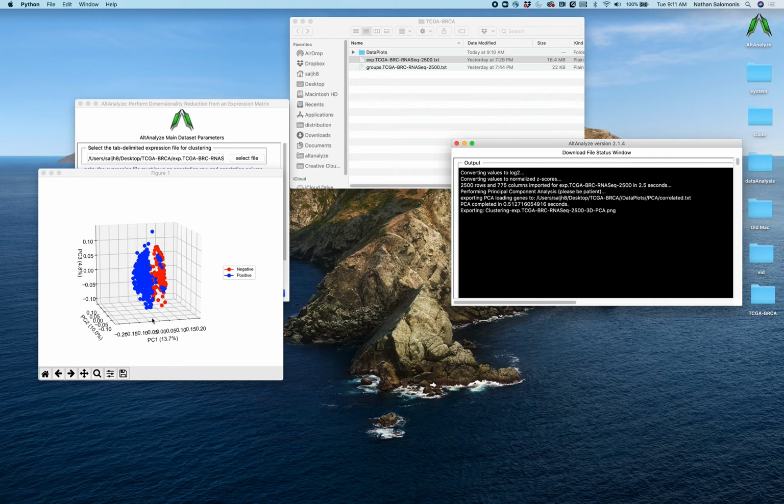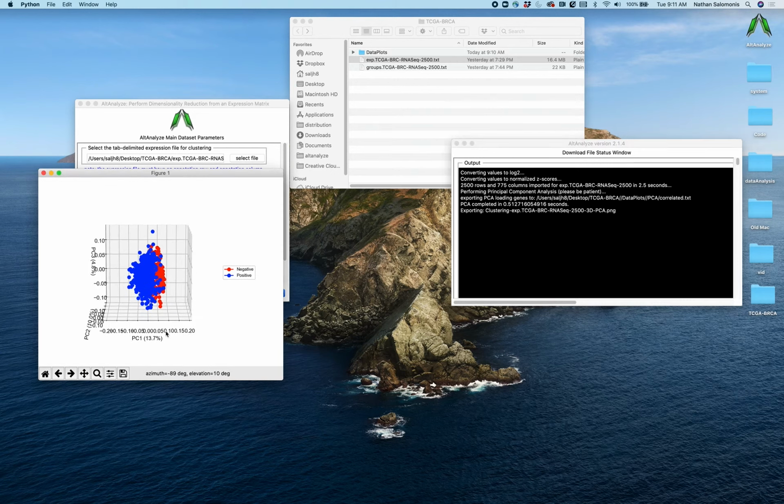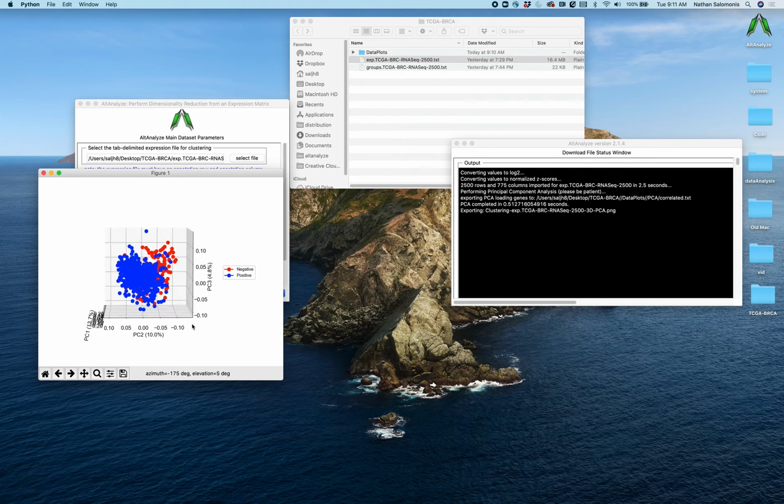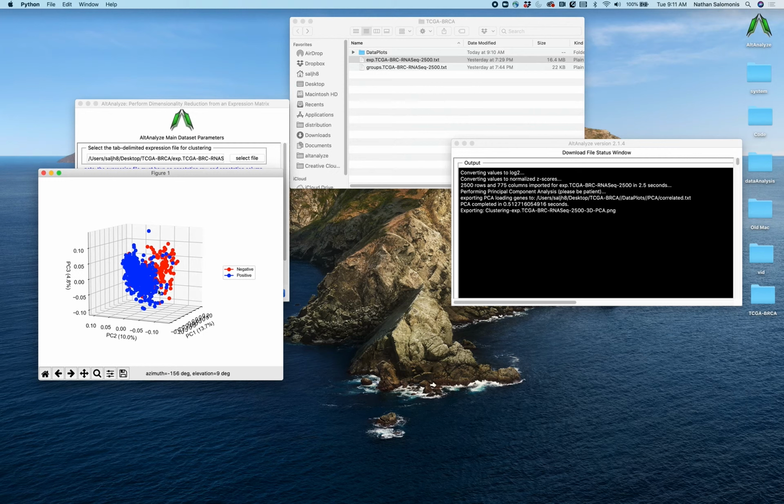map. And you can see in principal component 1, PC1 is principally defined by this difference between ER positive and ER negative status in terms of the clustering of the samples, which you really don't see clearly within PC2 or PC3. So this is useful for visualizing the data and seeing how different principal components associate with different annotations